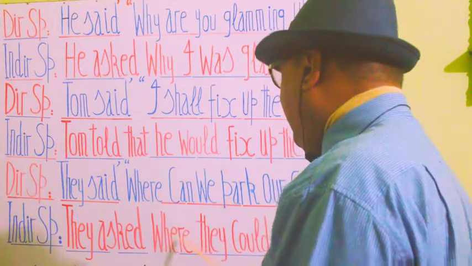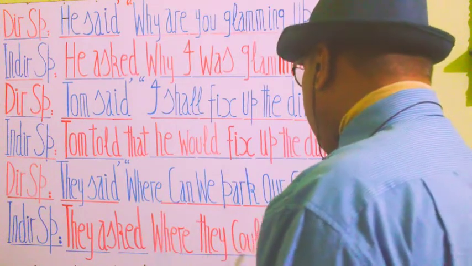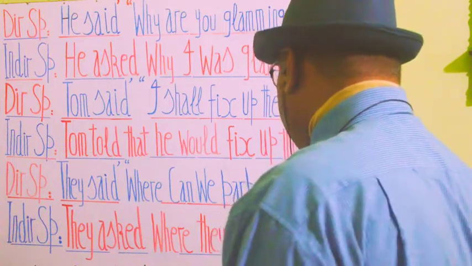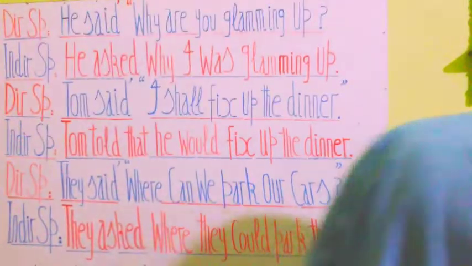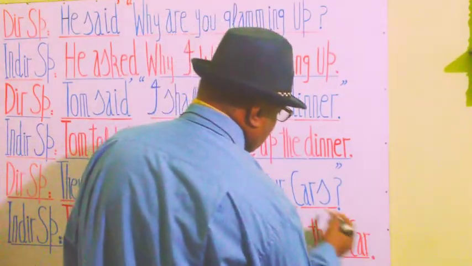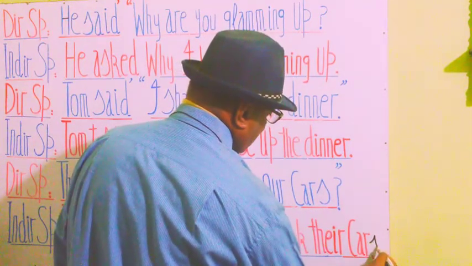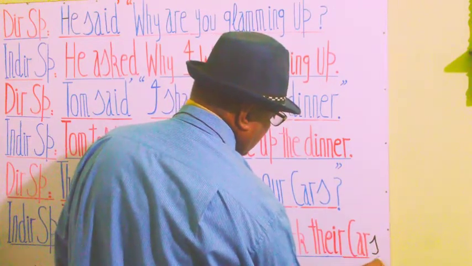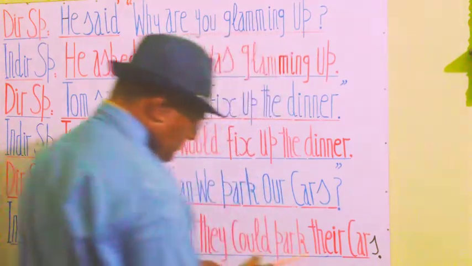You see, if we write here the subject they, so definitely their possessive pronoun will be there. So we will write here their cars. Sorry, we have to make a correction here. We have to add s here because in that statement there is cars, not car. So we will write s here. So we will erase this dot and write the full stop here. So now this is the correction we made here.